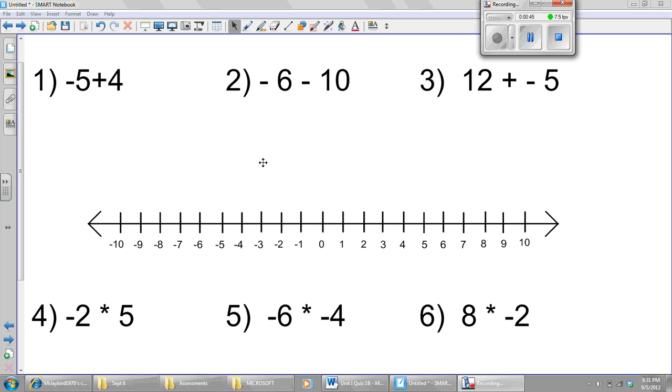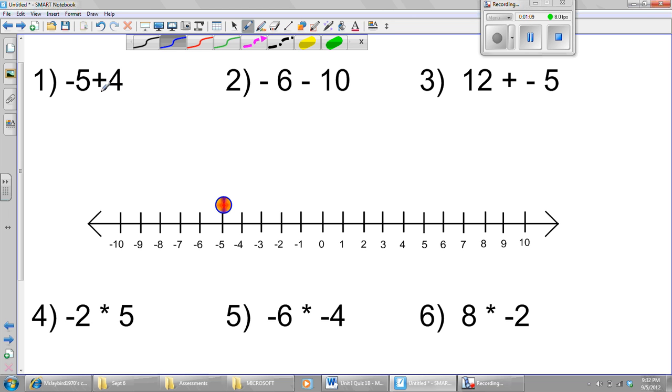Okay, if you're still watching, assuming you want to see my solutions. I'm going to do -5 plus 4, and I'm going to model this one using a number line. I'm going to need a point at -5. There's my point. How do I know to go to -5? Because the first number is -5. That's my starting point. And now I'm going to move 4 in the positive direction,